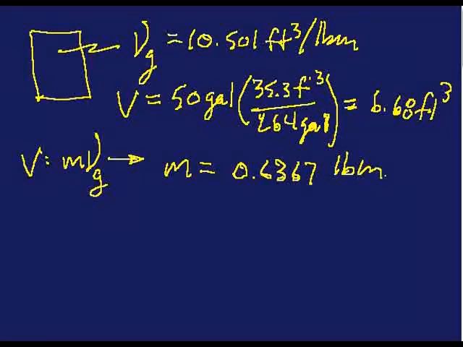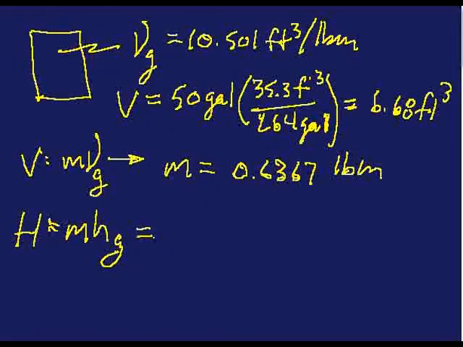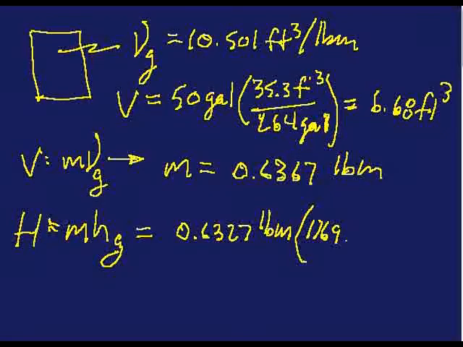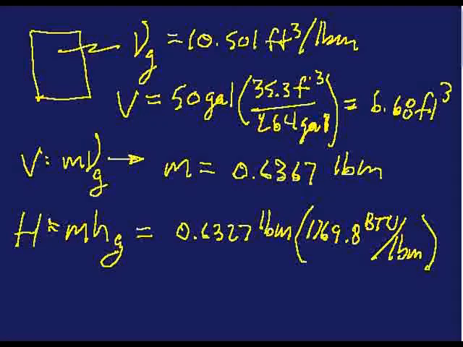pound mass. Now I asked you for the total enthalpy, which is equal to the mass times the specific enthalpy, which, since it's saturated vapor, is Hg, so this is equal to 0.6327 pound mass times 1169.8 BTUs per pound mass. And from that you can cancel out your units. So the pound mass cancel, and you wind up with a total enthalpy of